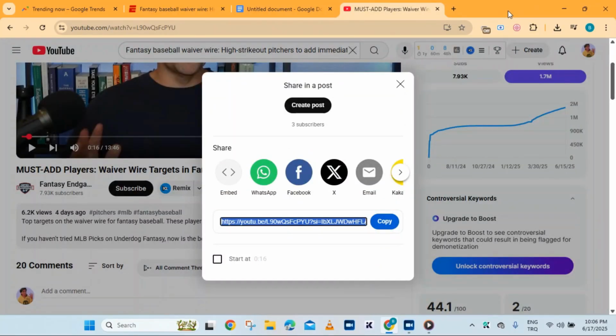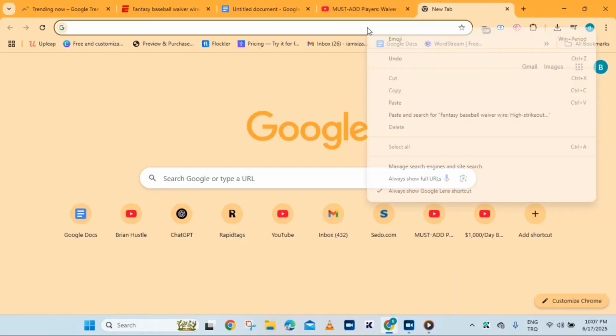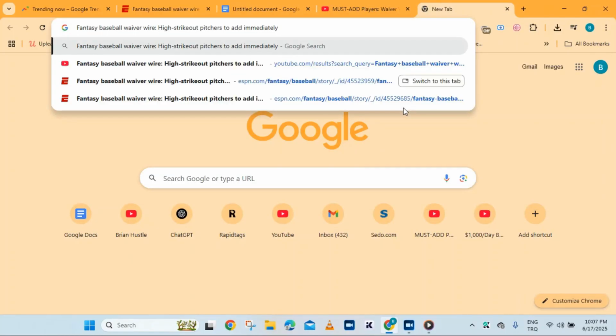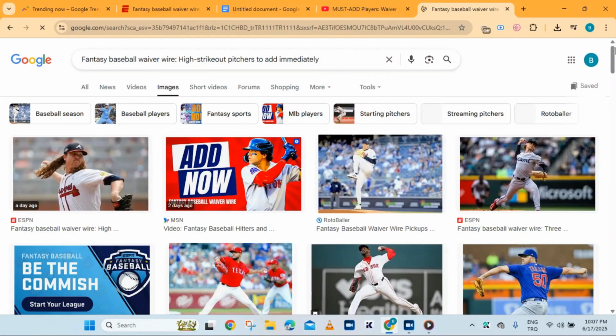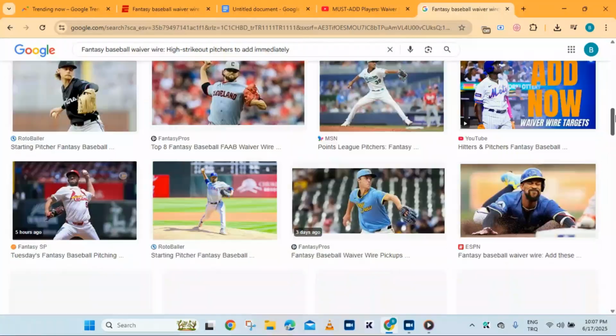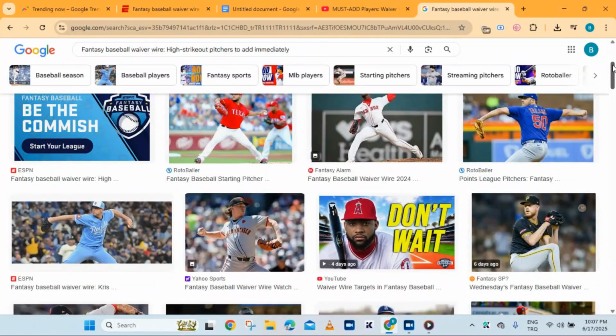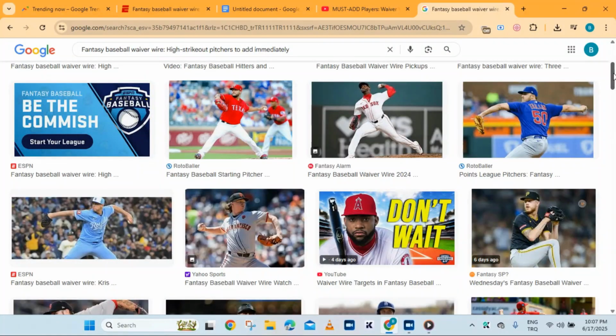and once you have finished downloading that video, the next step is to open a new tab and paste the same headline that we used on YouTube there, then click enter, and the next thing here is to come where there are images. As you can see here, there are a lot of images here. So what we are going to do here is download like 10 to 20 images here,